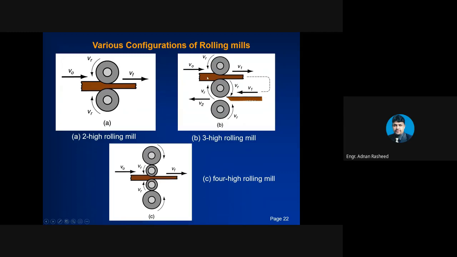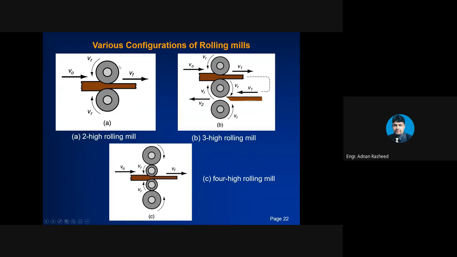For multiple passes, you can see that the thickness is initially reduced. Then after getting the product from these mills, you have to pass it back through these rollers, so the thickness is again reduced. So we have four-high roller mills. You can see that by pressure and the rolling action in opposite directions, it will help you reduce thickness.